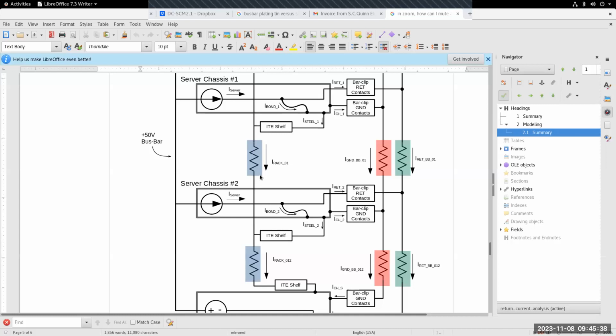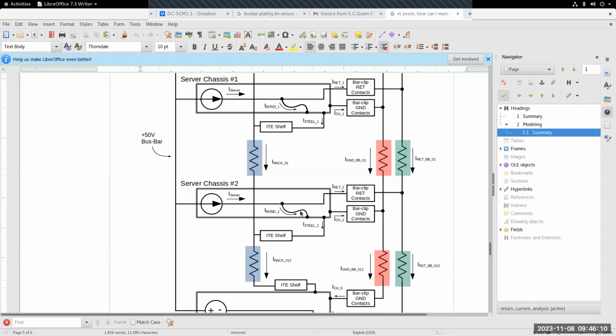And so that current, instead of going through here, is going to have to go through the bonding strap on, I think, this last server. And there's no documentation, no literature, no analysis that would suggest, hey, we need to pay attention to that. We need to be concerned that if I'm building a 60 or 90,000 watt rack, the bonding strap on that server, not this one, but this one, might need to handle hundreds of amps.